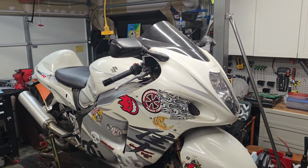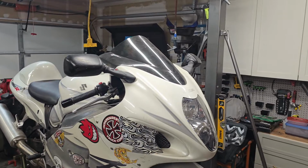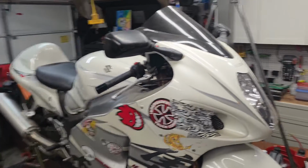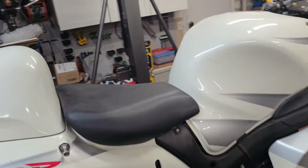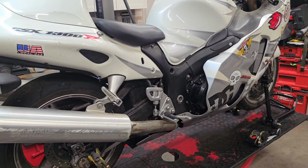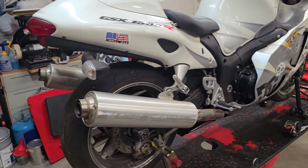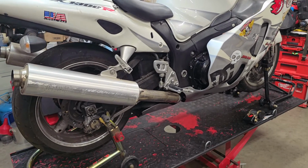Tonight we're going to do a fairing removal on this 2006 Gen 1 Hayabusa. If you haven't seen the last video, it was an introductory to this build series. This is going to be a complete tear down and restore of this bike. I've got some brand new fairings, a Gixxer 1000 tail conversion kit that I plan to install, some new exhaust, but more or less